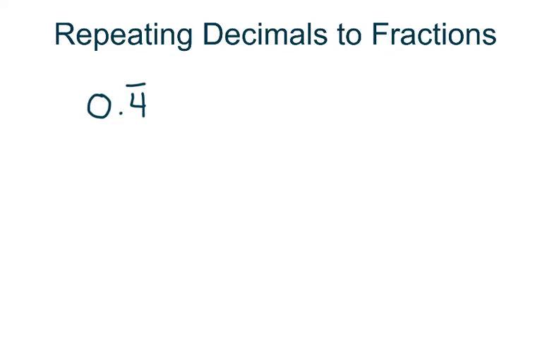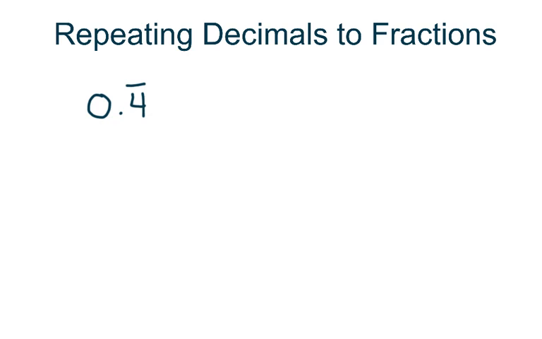Now we're going to work with some repeating decimals and changing those to fractions. So we're looking at them similar to how we looked at the other decimals to fractions, and we need to know how many places to the right of the decimal are repeating. So since 0.4 with the repeating sign has one place behind the decimal, I need 1 zero